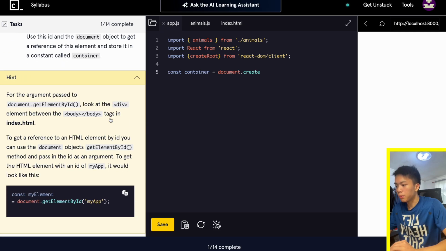Oh, getElementById, so it's not create. getElementById